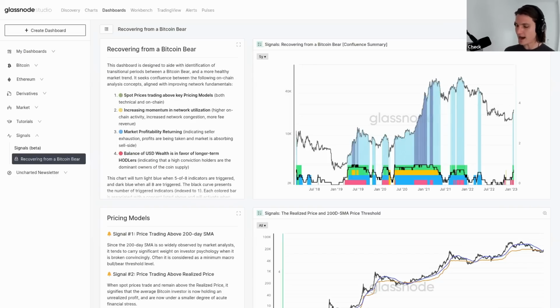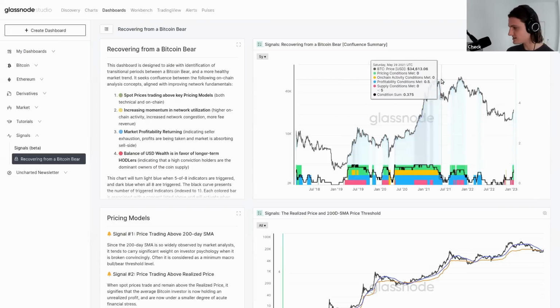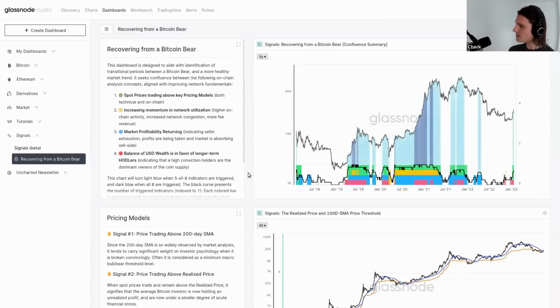We're looking for, are the human beings behaving in a way that signifies we have overheated or undervalued? What has been the conditions in the past that has hit that psychological level? And really what we're using here is these tools to try and map that out. And that's why this model here is called a confluence model. The more of them that are in play, the higher the probability. The longer that they're in play, the higher the probability again. But the longer that they're in play, the higher the probability we're also getting towards the late stage of this thing. So it kind of works both ways.